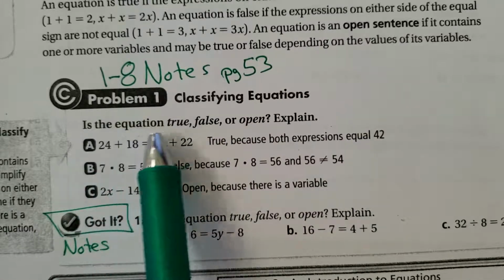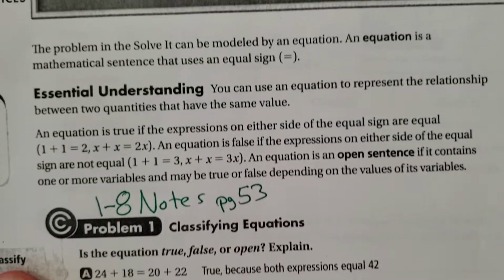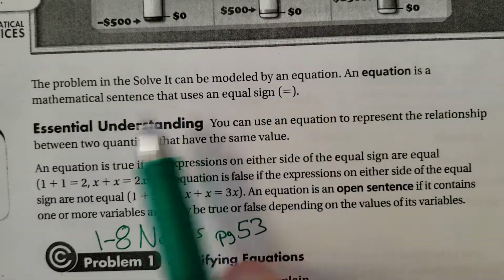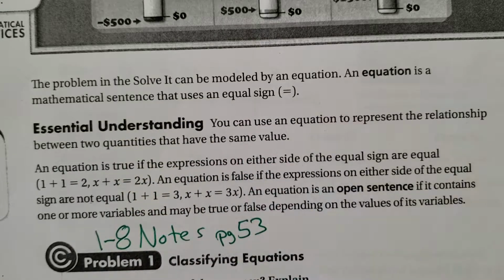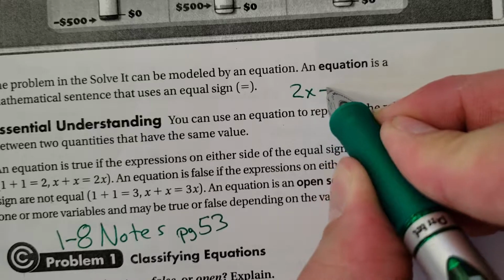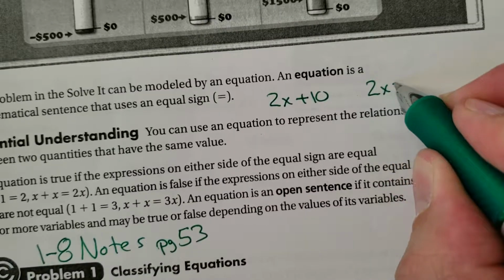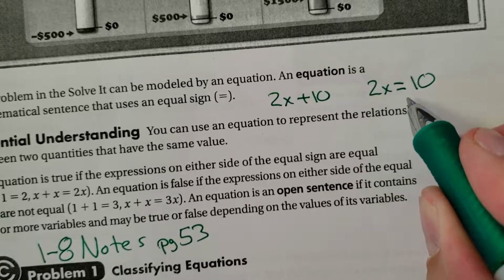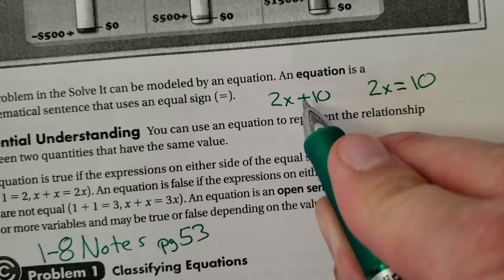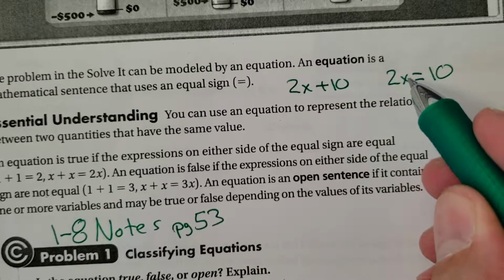We're talking about equations and whether they're true, false, or open. First of all, some vocabulary. What is an equation? An equation is a math sentence with an equal sign in it. So the analogy that I have is this: 2x plus 10, that's an expression. 2x equals 10, that's an equation. Expression, equation, expression, equation. And then the whole point of an equation is to find the number that makes it